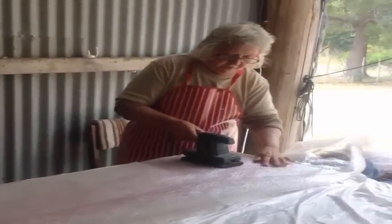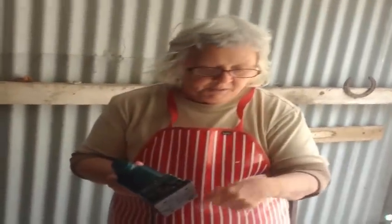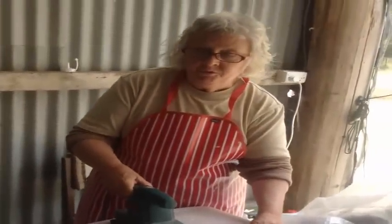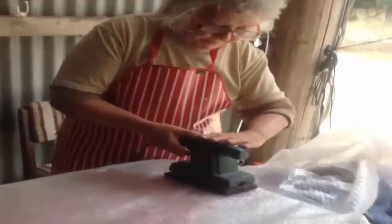So the idea is, and you'll notice of course that there's no sandpaper, and it's not an orbital sander which goes round and round, it just goes backwards and forwards. I picked this one up at a garage sale for $2, I think it was, and I've been using it for years. So it's place the sander down,